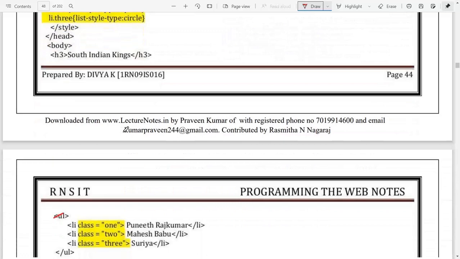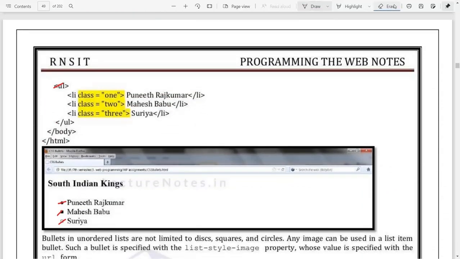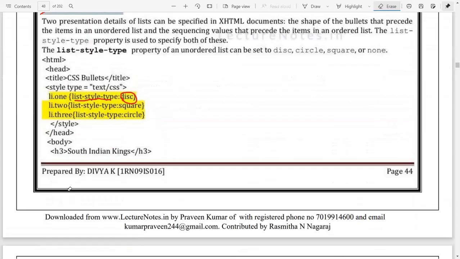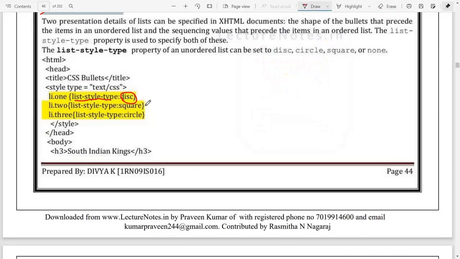For example, first we have mentioned disk, so you can see a round-shaped disk here, and second one you can see a square, and third one something like a circle. That is what we have done here in the styling.